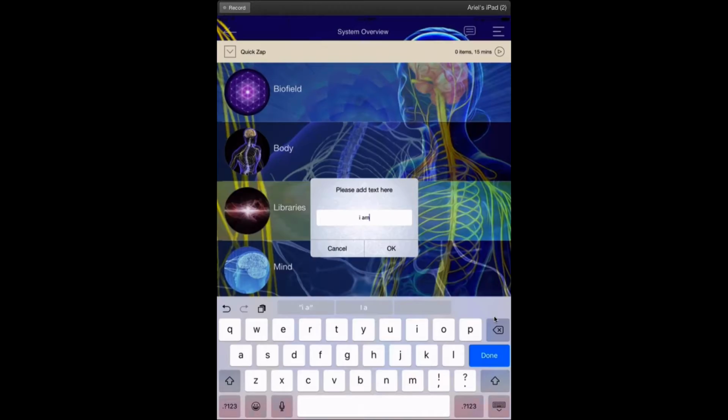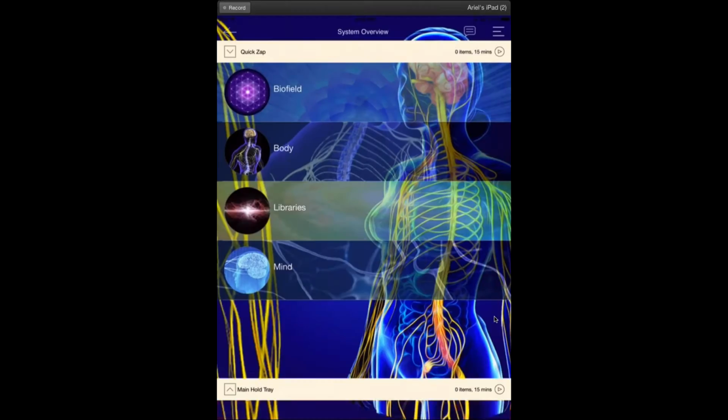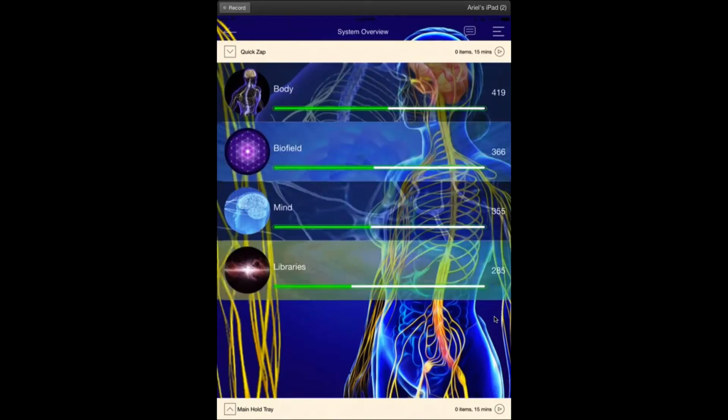I am filled with perfect vitality. So you can do a one word, or you can do several words. And when you do this and you hit OK, that frequency is now going to play every time that you play a frequency. That is also going to play in the background. And what it does, just like what bioresonant frequencies do, it's going to be entrained into that person's energy field. So that's what energy medicine is all about. We can now hit begin analysis.